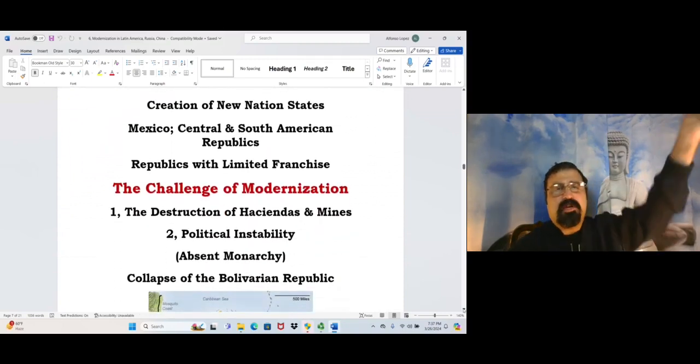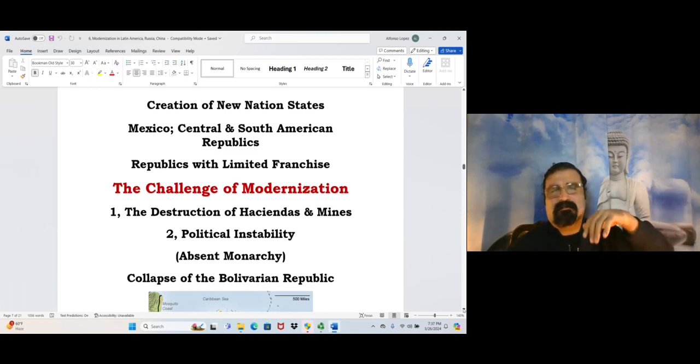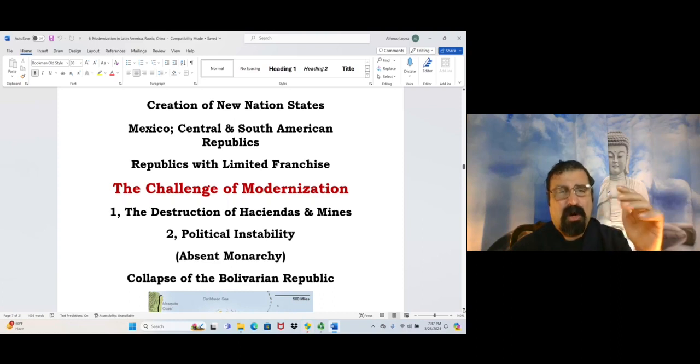They create a series of countries, Mexico, for example, which really included parts of North America, what today is the American Southwest. Also Central America initially was part of that new country of Mexico. And of course, a series of South American republics as well. As I mentioned, they had limited franchise. Now, as soon as those countries were established, starting around 1821, 1824 onwards,